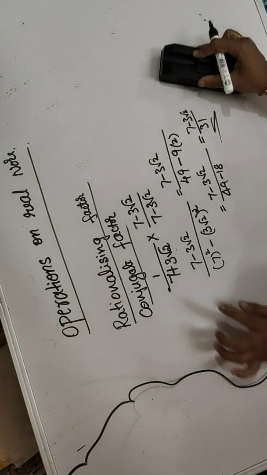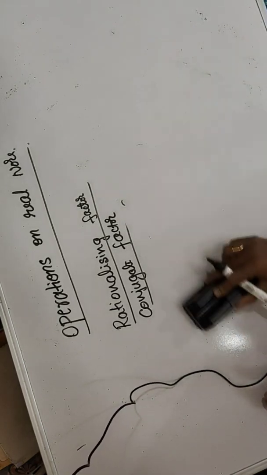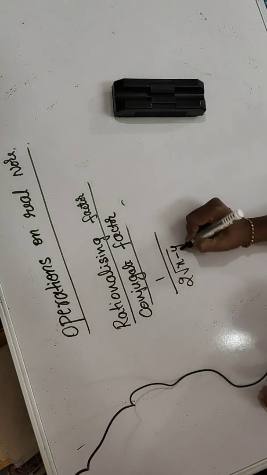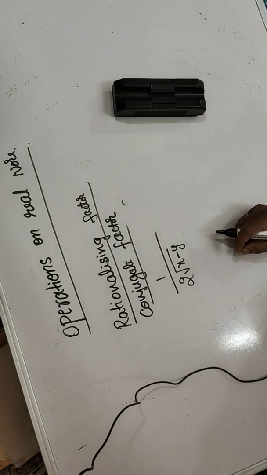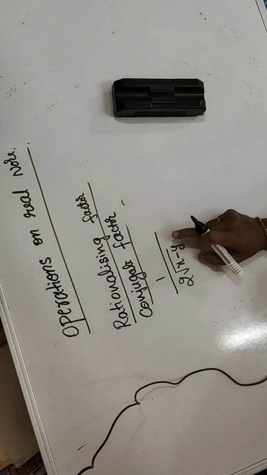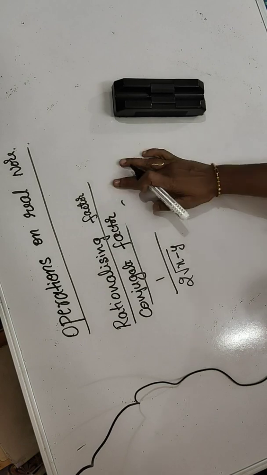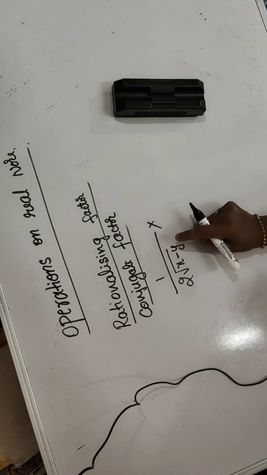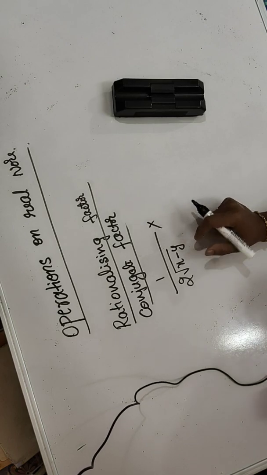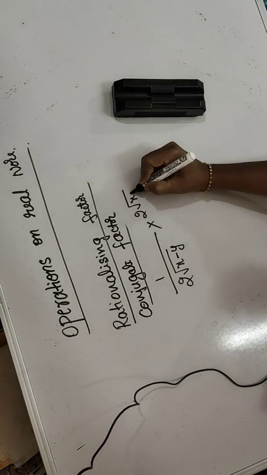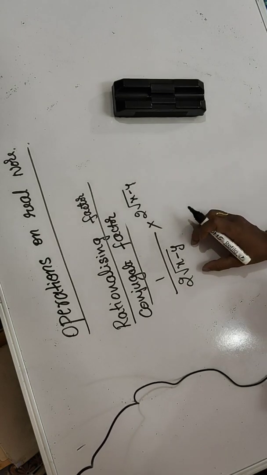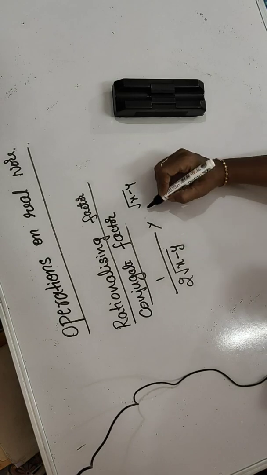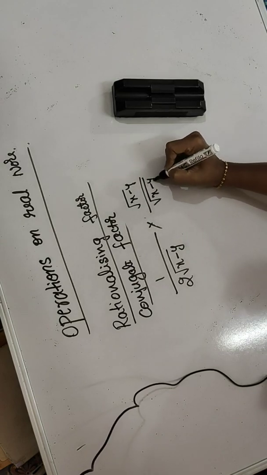See here when it contains like this, now one more number I will give. Single root, but it contains 1 by 2 root of x minus y. We are saying that root of x minus y. What is the conjugate factor here? It contains a single root. It's not separated by the sign. Don't write now 2 root x minus y. When we are writing for the single number, 2 is not coming. Okay, only the root one you have to write. Only the root one we have to write.